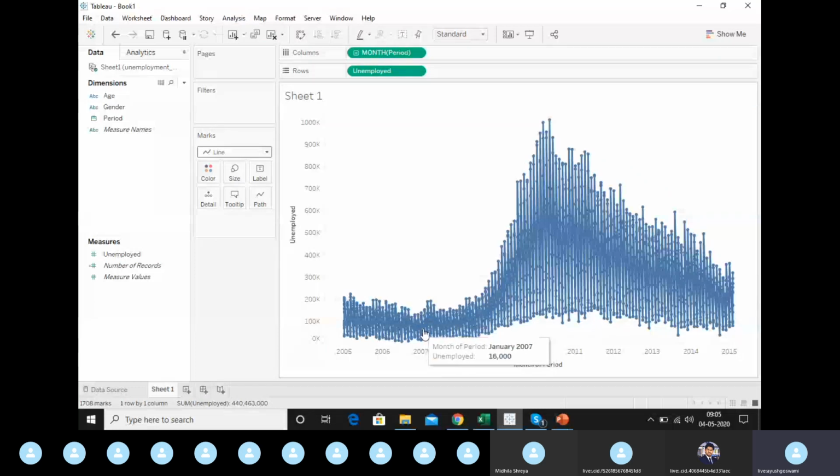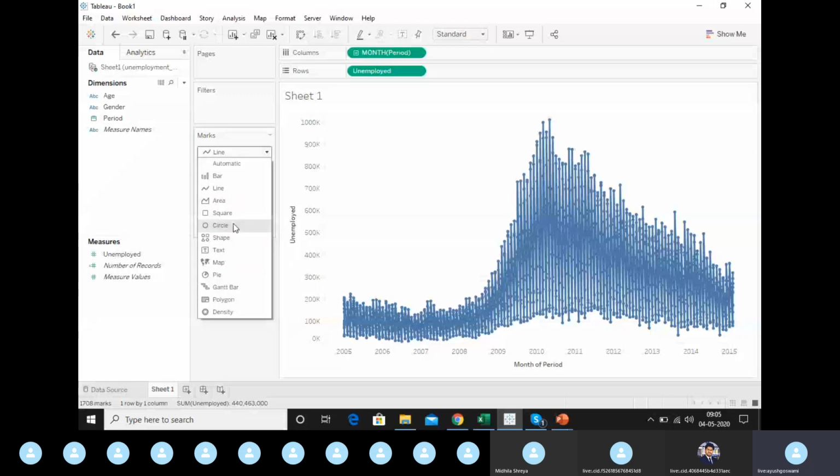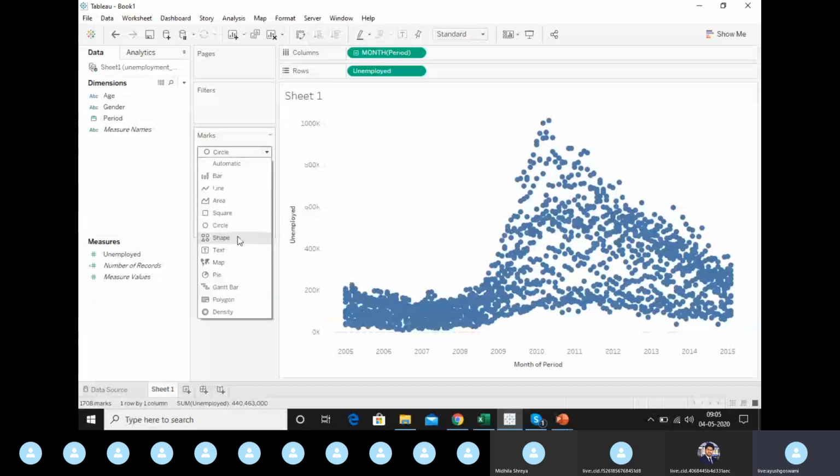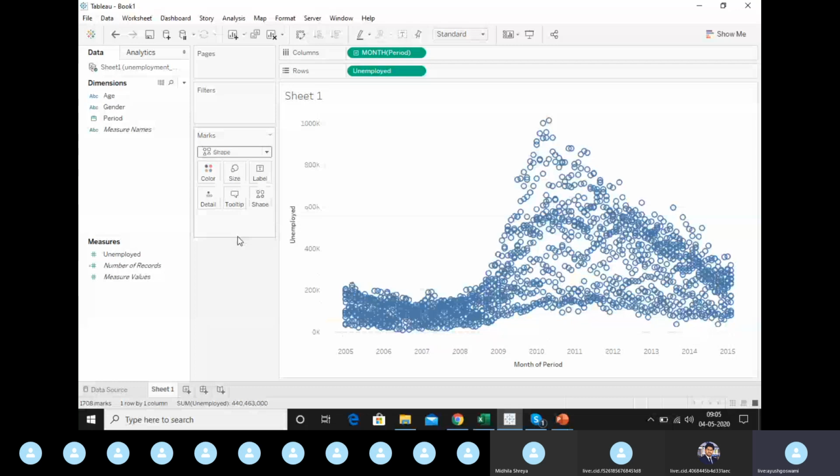To make it more comprehensible, click on this drop down, and select circle or any shape you want. I'll go with shape, and the data would be plotted individually for every record present out there.